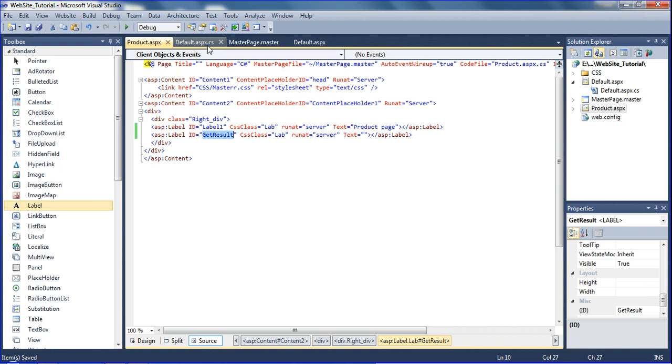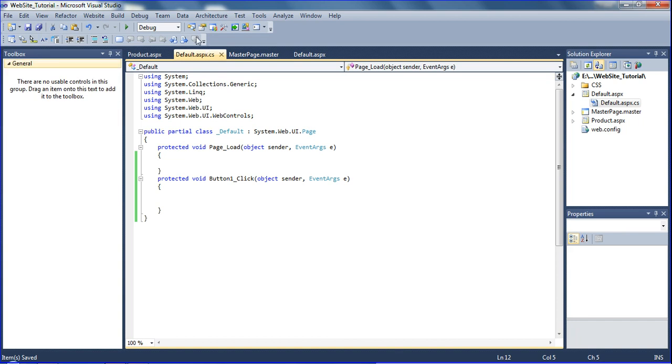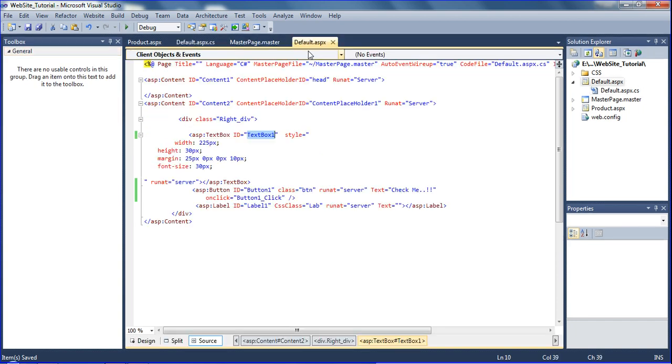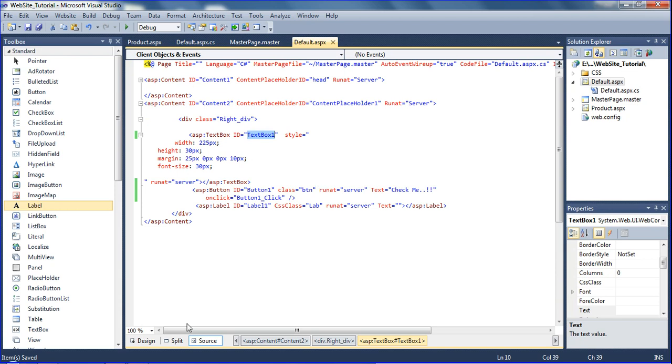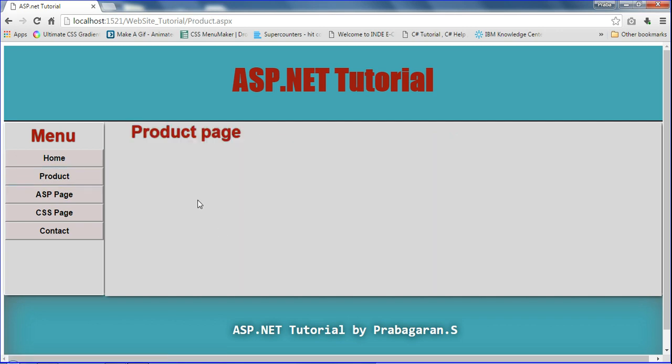In this label I get the result, what I declare in the default page's text box. First go to the default page. Once again, in the default page's text box, declare anything, and then click the button, and at that time I get a message on the product page.